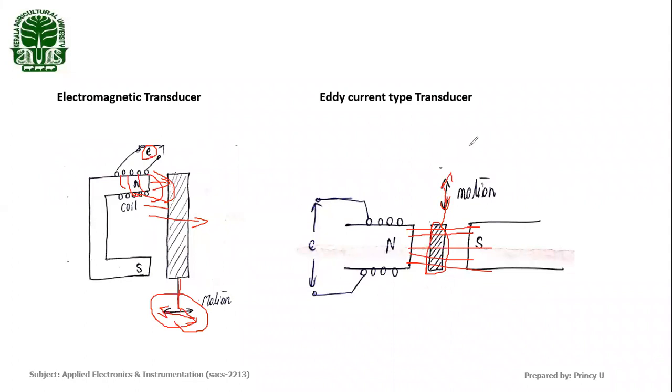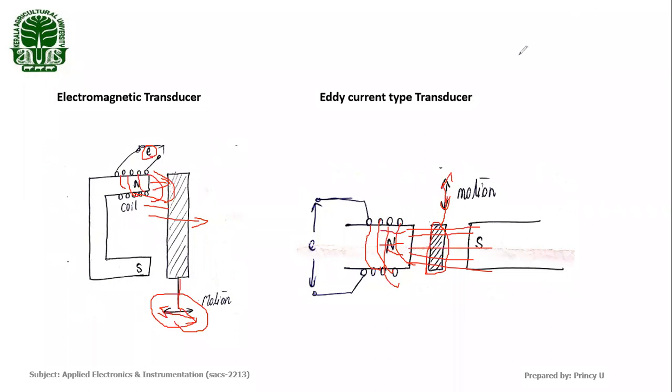What happens? It will produce a change in magnetic flux, or a rate of change of flux will occur here. That means it produces a leakage current in this coil wound on the permanent magnet. Okay. So a change in magnetic field will produce a leakage current. That leakage current is known as eddy current. That current flows through this coil which is wound on a permanent magnet. And this eddy current sets up a magnetic field in a direction opposing the magnetic field that creates them.